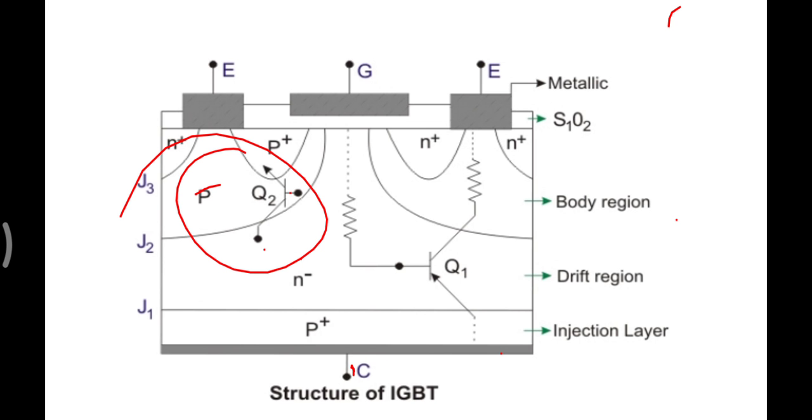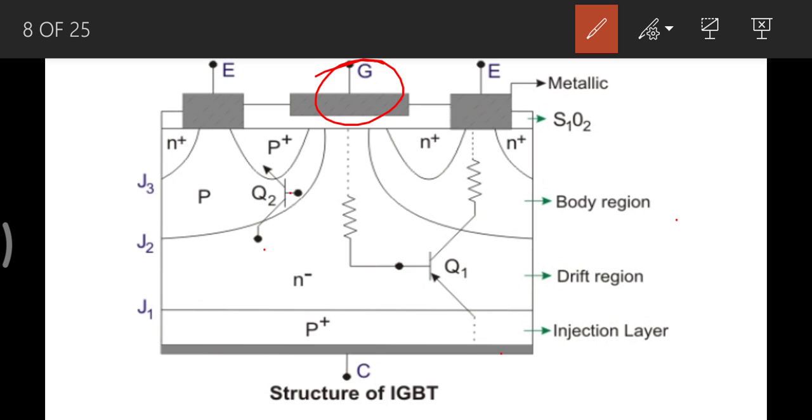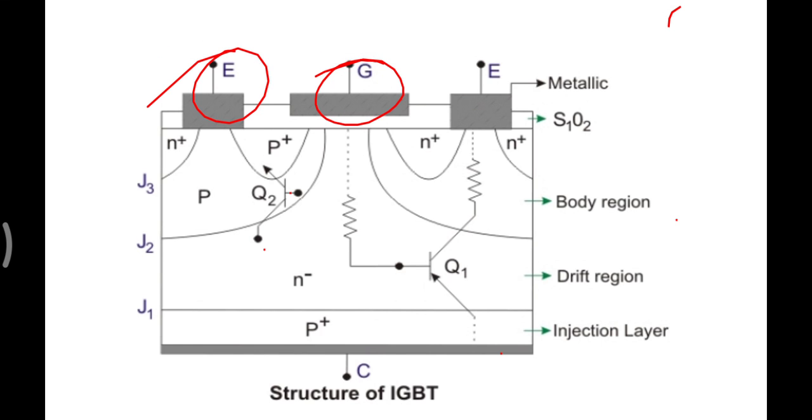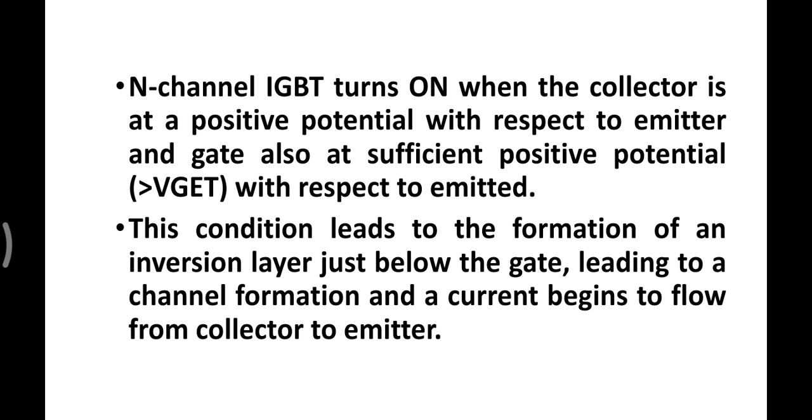See here: emitter, gate, collector. When the gate voltage is positive with respect to the emitter, at the same time it must have a higher voltage than the emitter, only then the IGBT turns on. When this IGBT turns on,